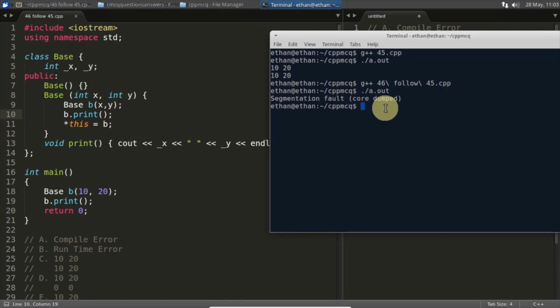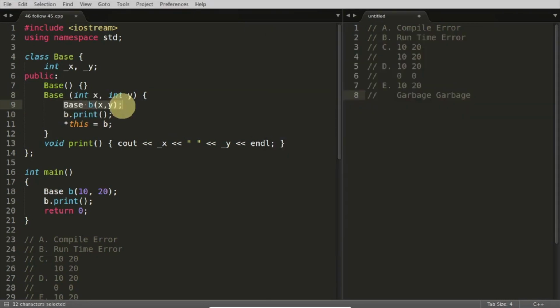Segmentation fault, code dump. Why? It's because this base B XY is creating a problem for you guys. What is this? It's a kind of recursion call. You created this V1020, which ends up calling this base. Now again you are creating a base object which is calling the same function here again, and next time you